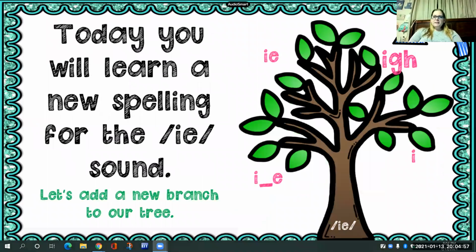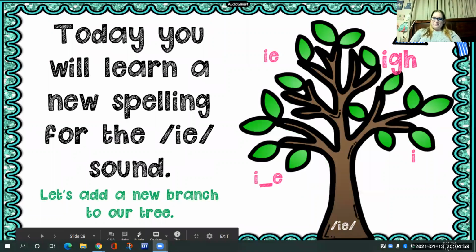Okay, so today we're going to learn a new way to spell the sound I. And we're going to add that branch to the tree. So we added this branch to the tree, the IGH. And we have words like